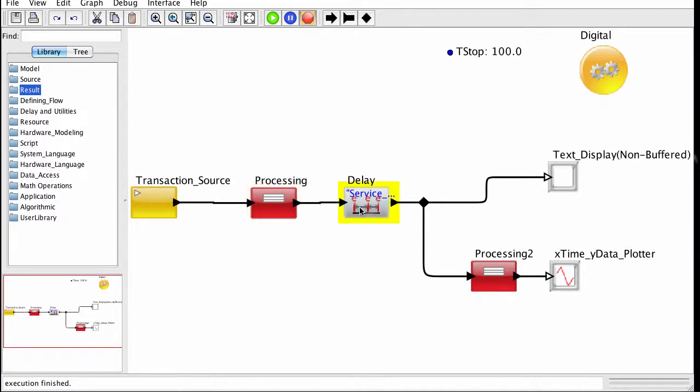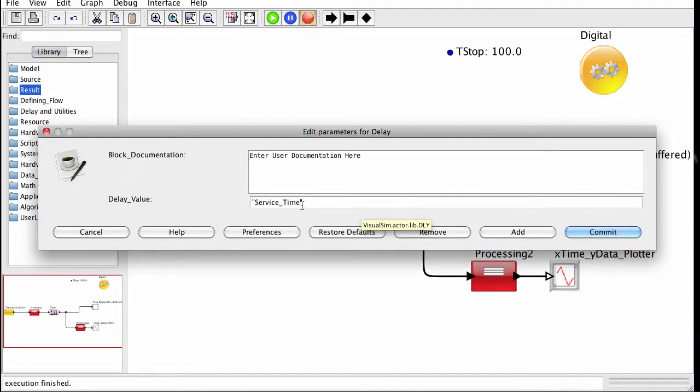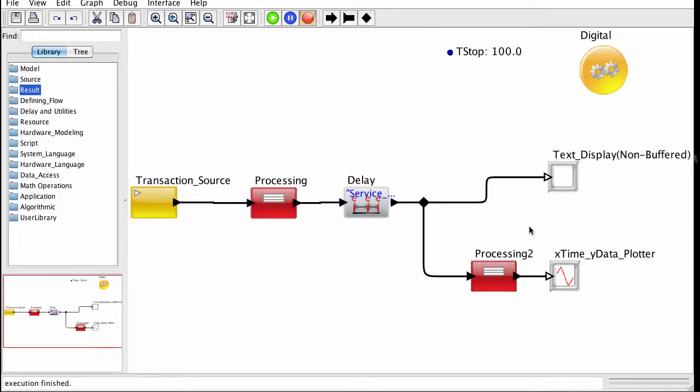The transaction then goes into the delay block, and the delay block will delay for the amount of time defined in the field of the incoming transaction called service time. And then this leads to two plot blocks. The first one is a text display in which we will be able to view the transaction, and the second is an X time Y data plotter in which we're going to be viewing the latency, the amount of time